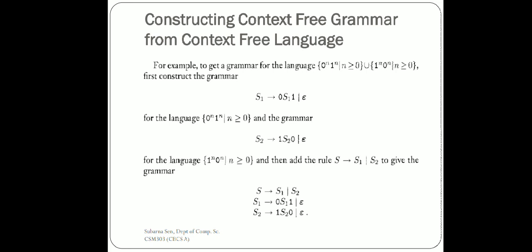So in that case, nothing remains of the zeros and nothing remains of the ones, because the value of n is 0. So in this case, the start symbol can directly move to the empty string as well. And for the second case, that is 1 to the power n, 0 to the power n, similarly we have assumed another start symbol, namely S2, and have done the same job. Now our last job is to just combine these two. So how can we combine it? We will just incorporate one more start symbol, and we will just concatenate S1 and S2, and we already have the production rules for S1 and S2. So the ultimate grammar will look like this.